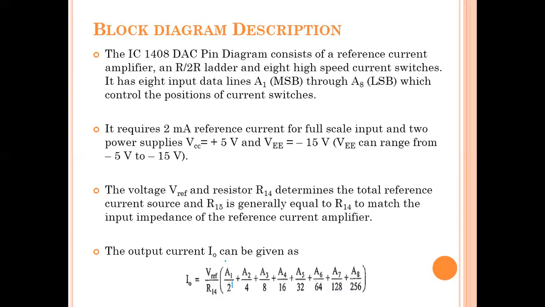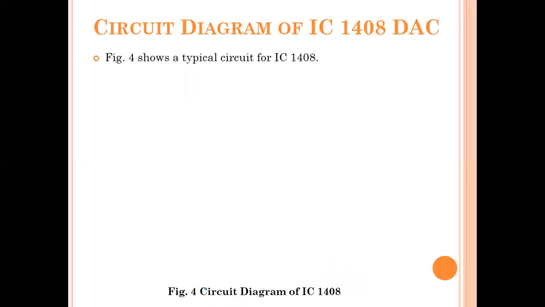Next, we substitute the values of V reference, which here is 5, and R14, which is 2.5 kilo ohms. Depending upon the current switch actions, that is depending upon the values of A1, A2, A3, A4 and so on till A8, the value of output current will be obtained. So if you see different values,